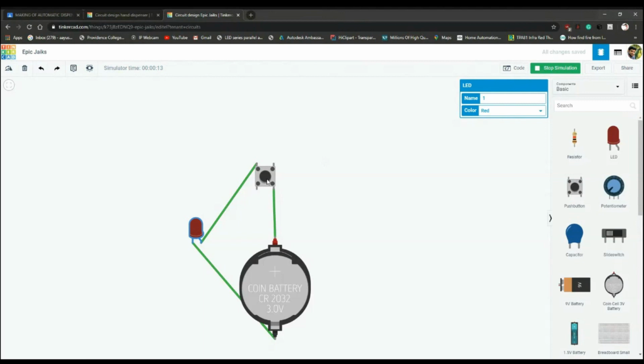Okay, so this is how you can easily make a circuit using the circuit design workspace on Tinkercad. You can always name your project also. Right now this is a basic LED, so I'm going to title it as basic LED circuit. I have changed the heading and made the circuit, and then you have the option to export the circuit also.